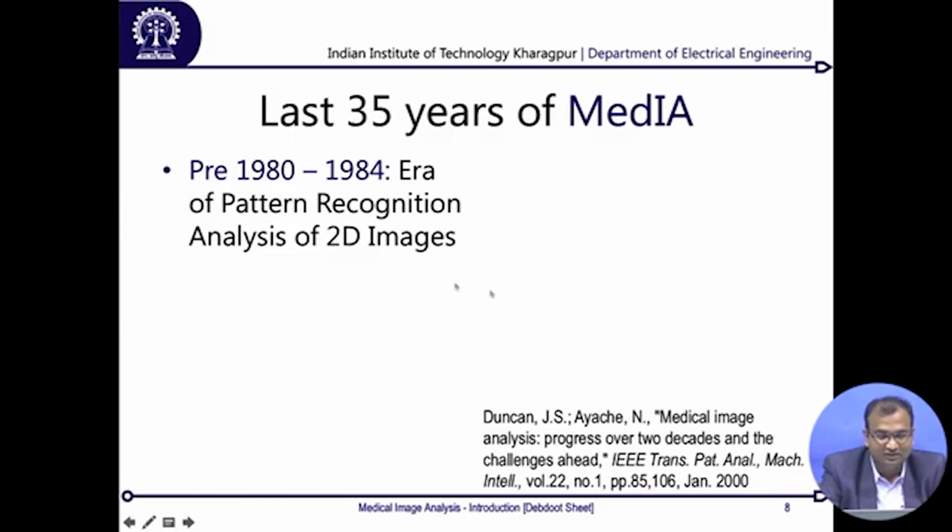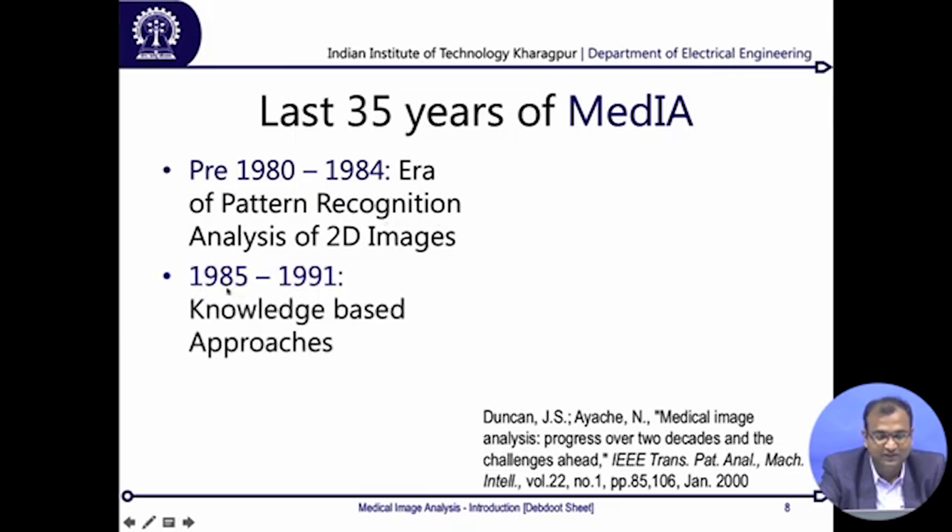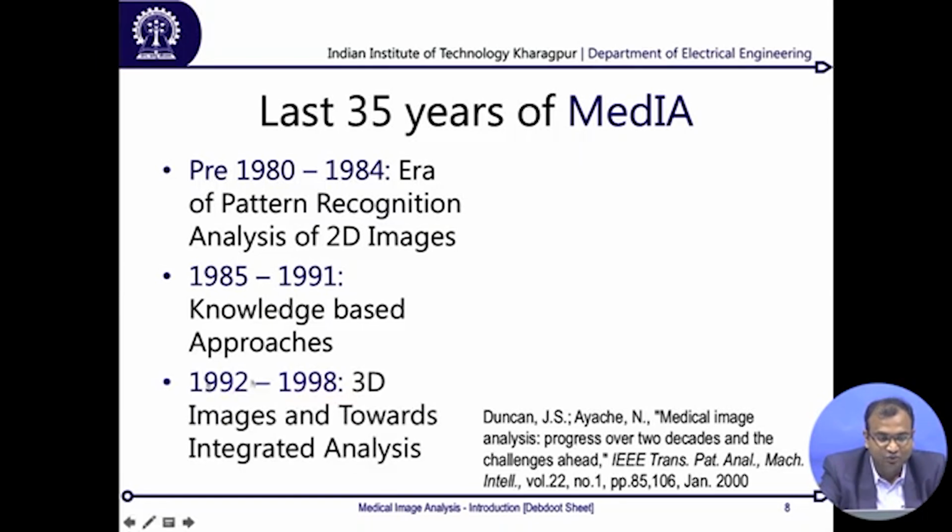scene is. Now the period up to 1984 was basically when pattern recognition and analysis was carried out on 2D images, and from 85 to 91 is when knowledge-based approaches started coming in for the first time. So you have stuff like rule-based analysis and rule-based inferencing which came in for the first time at that point of time. From there, in 92 onwards, a lot of 3D imaging started coming